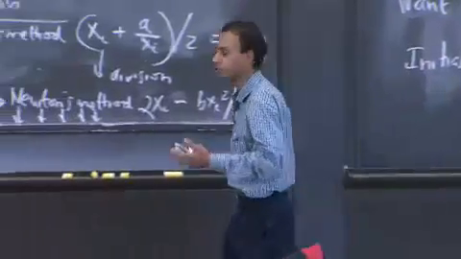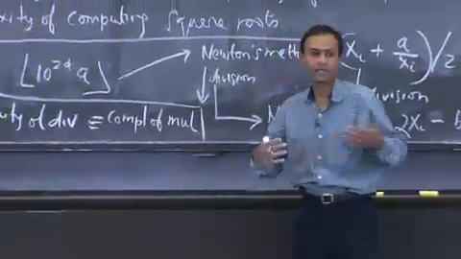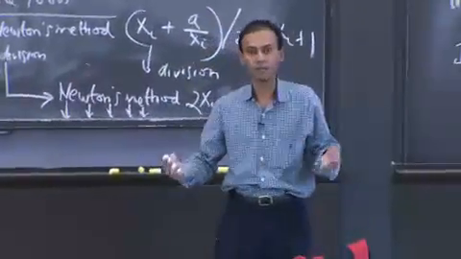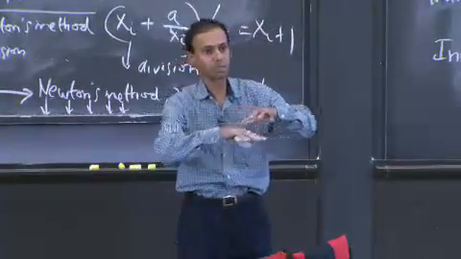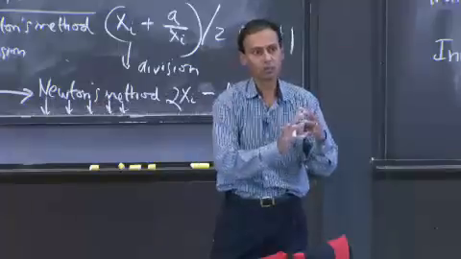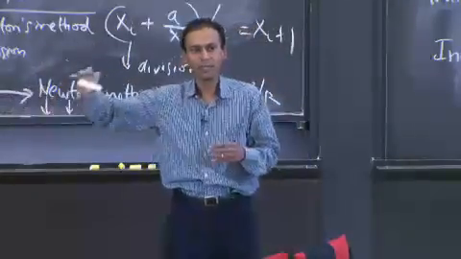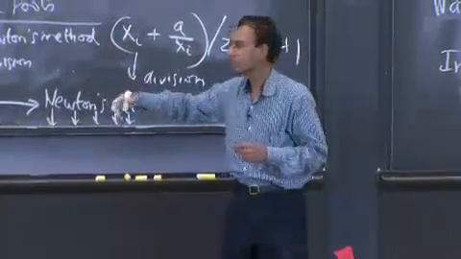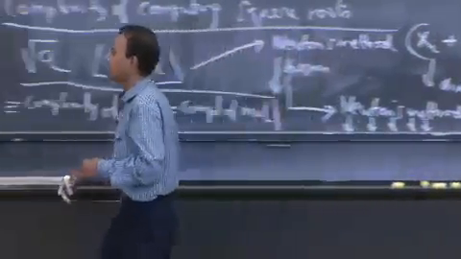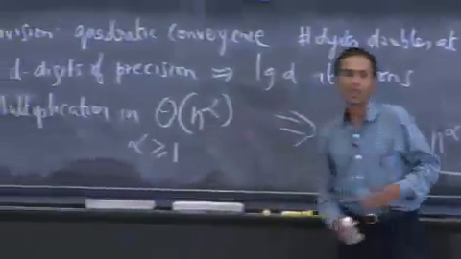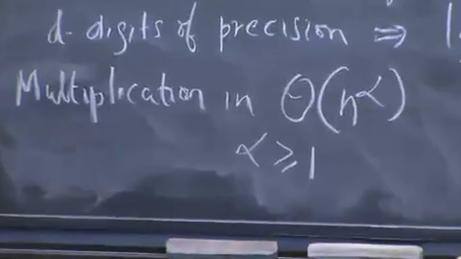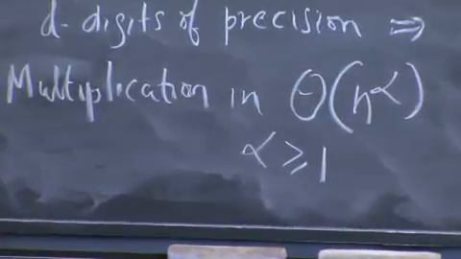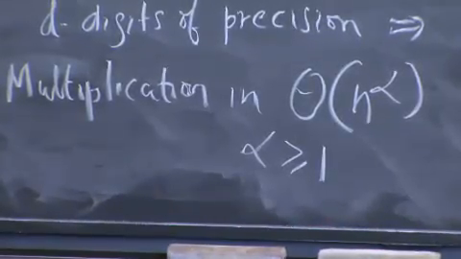The multiply is getting called a bunch of times to do the divide, and the divide is getting called a bunch of times to compute the square root. But ultimately, because the numbers are growing and you start out with small numbers, most of the work is done when you get to the millions of digits of precision, and you basically have theta n raised to alpha complexity for computing square roots if you have an n raised to alpha multiply and you want n digits of precision.